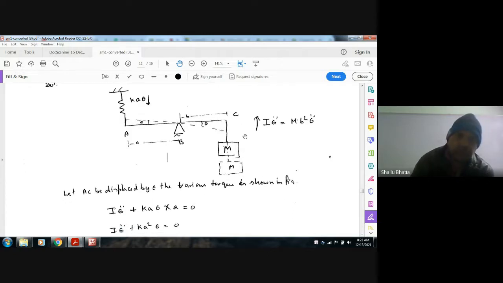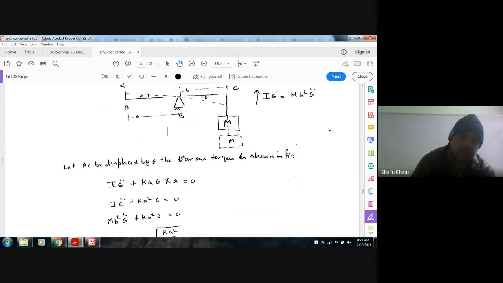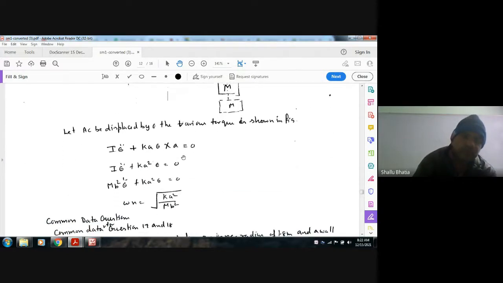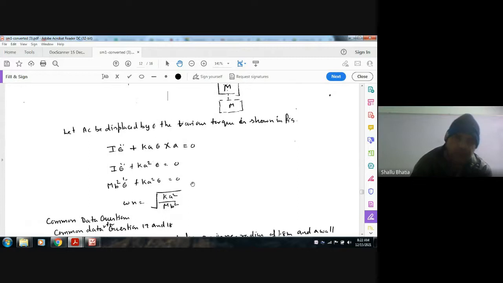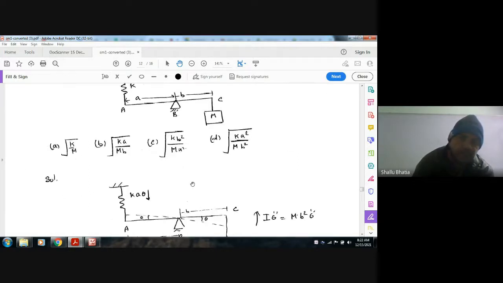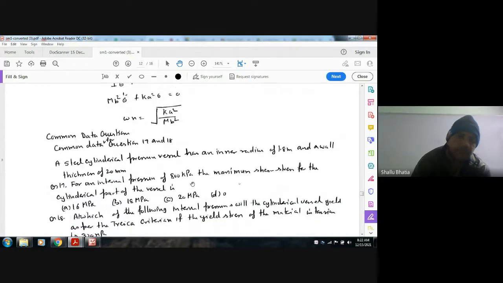So now taking moment about the fulcrum, I theta double dot plus K a theta into a. So I theta double dot plus K a square theta is equal to 0. So omega n is the square root of K a square divided by m b square. So the answer is option D, K a square by m b square. Next,